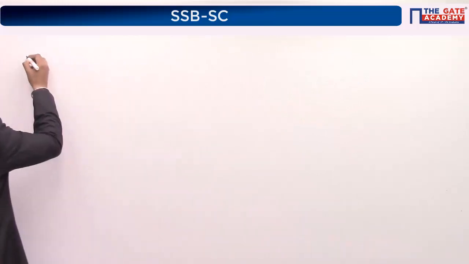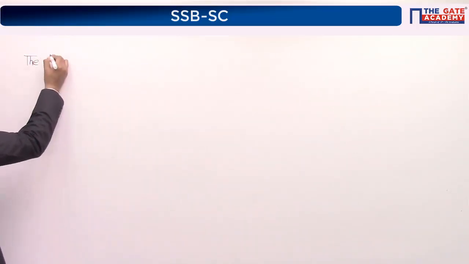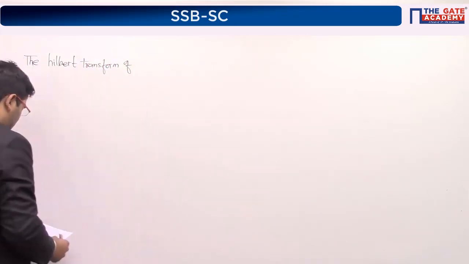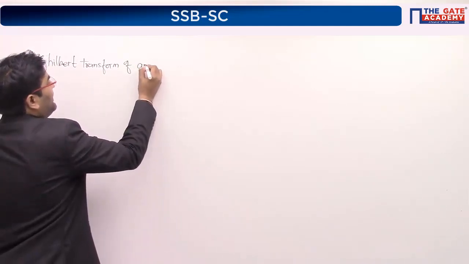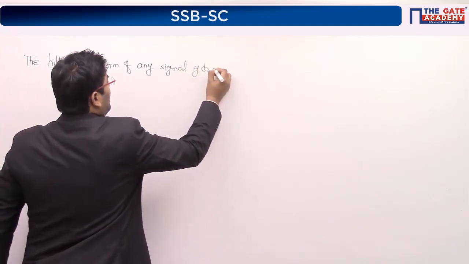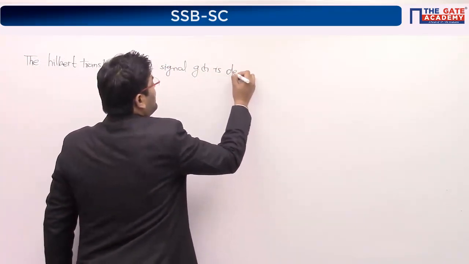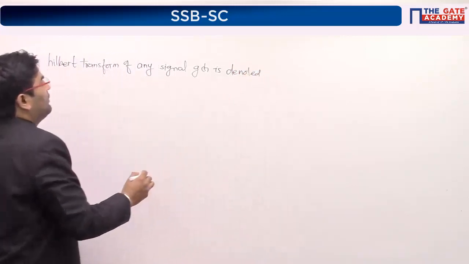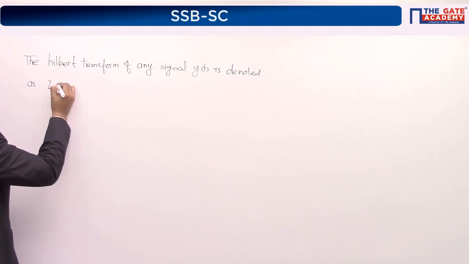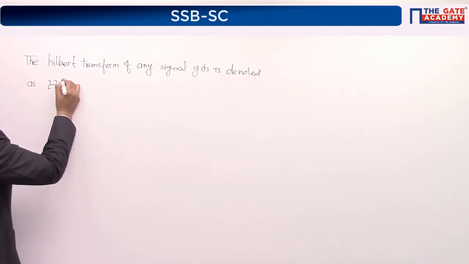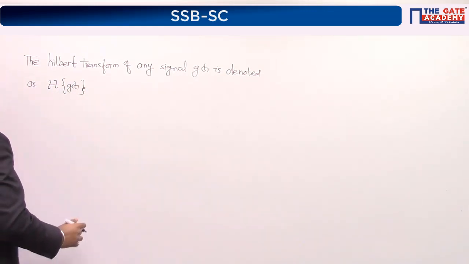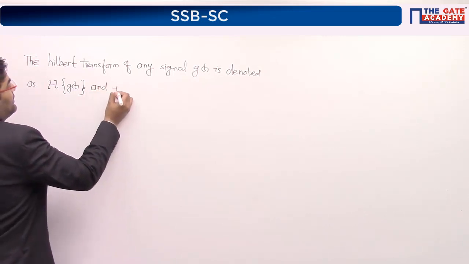So write: the Hilbert transform of any signal g(t) is denoted as, so this is a notation I'm telling you, it is denoted as H of g(t) like this, and is defined as,